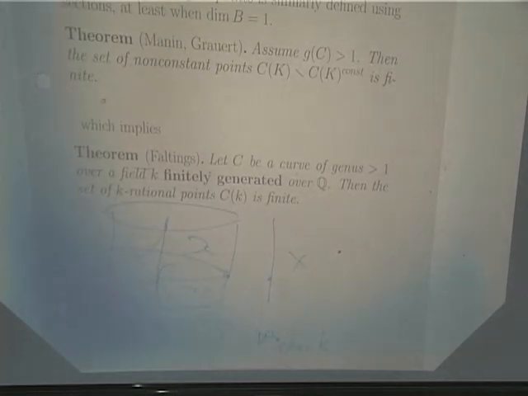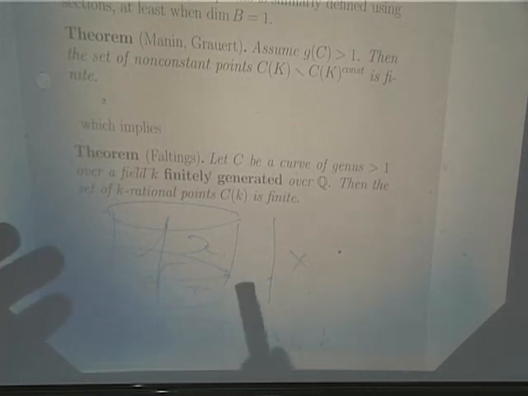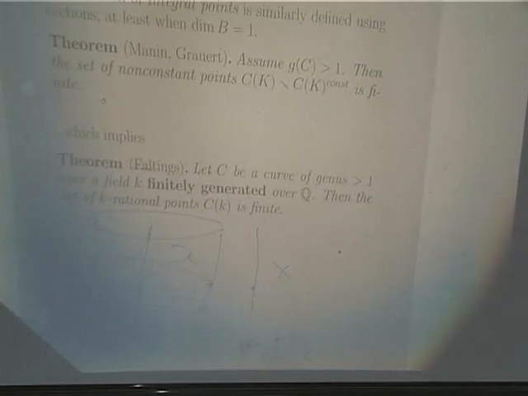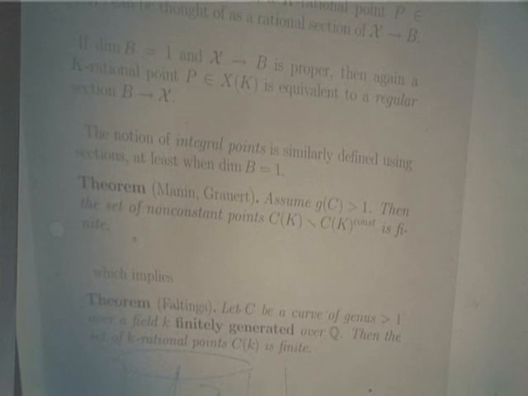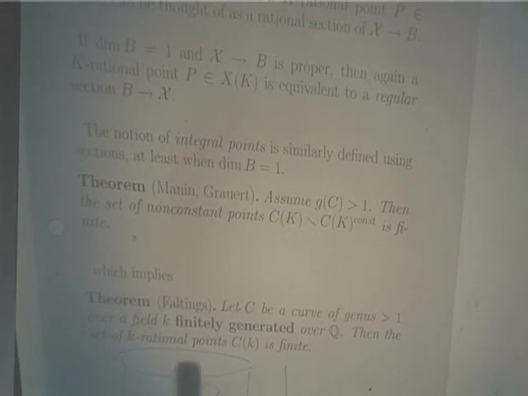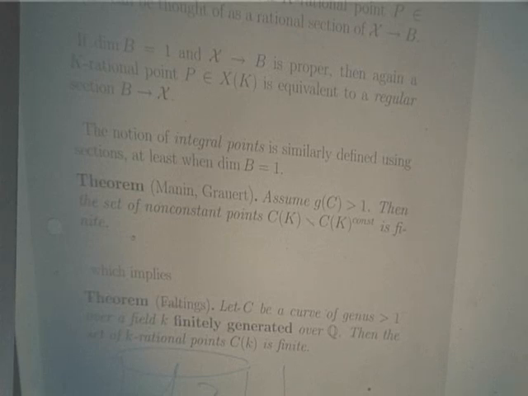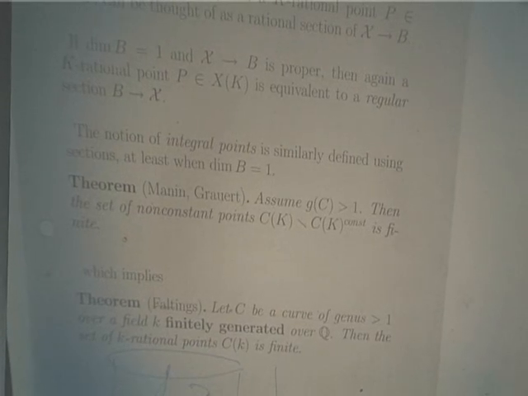In case the dimension of B is 1, and in case X over B is proper, then just as we had in a previous transparency, you take the closure of something of degree 1 over B, and the closure will not have any fibral components. So the valuative criterion for properness means that you actually have a regular section of X in the case of dimension B equals 1. So really you have a relationship between rational points on X and sections of script X. That's a way to give a geometric meaning to rational points when you work over function fields.